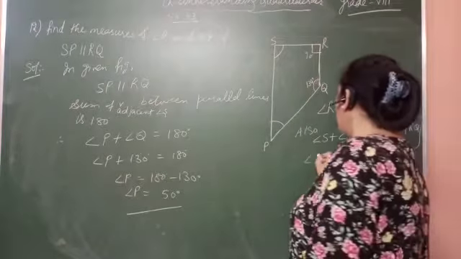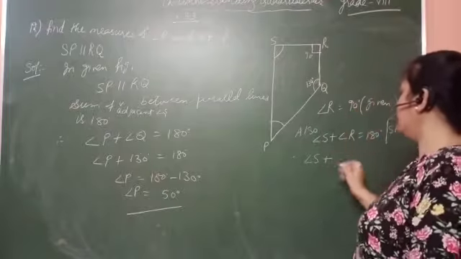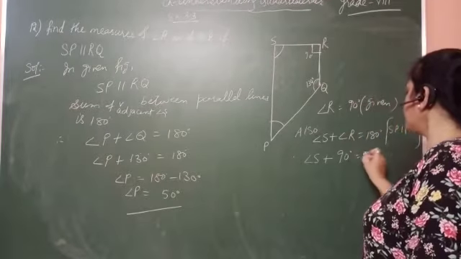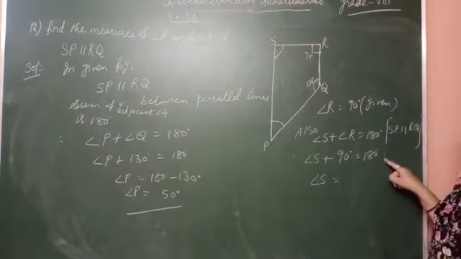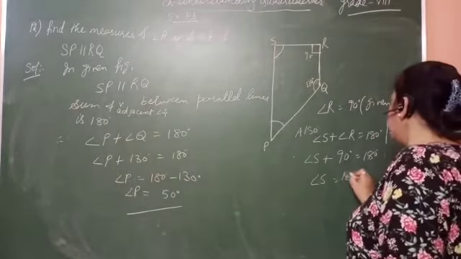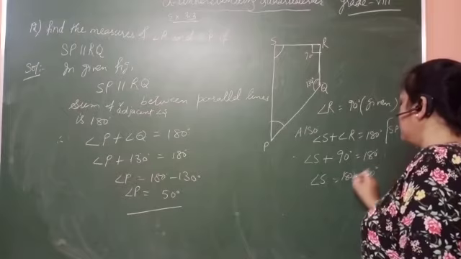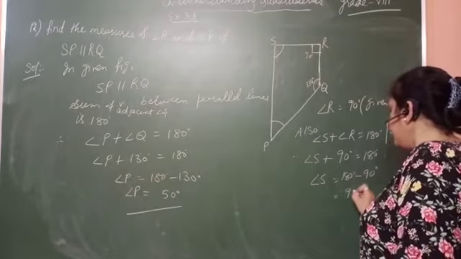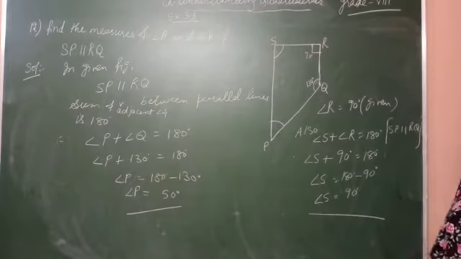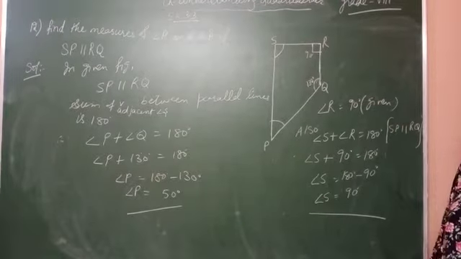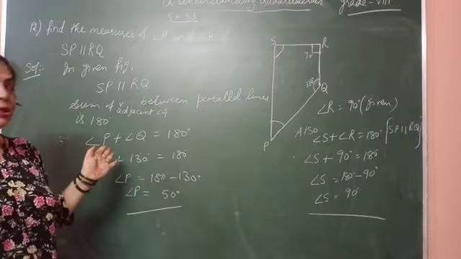This line is parallel, so the sum of adjacent angles is also 180 degree. Angle S we don't know, and angle R is 90 degree. So angle S: 90 transposed to the right hand side becomes minus 90. So 180 minus 90 is 90 degree. So angle S के लिए क्या आ गया आपके पास, 90 degree आ गई. Clear? Hope you understand this question.